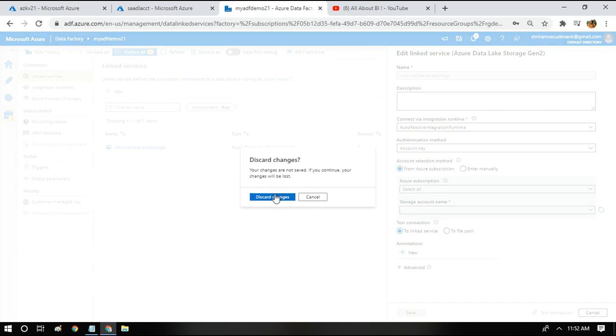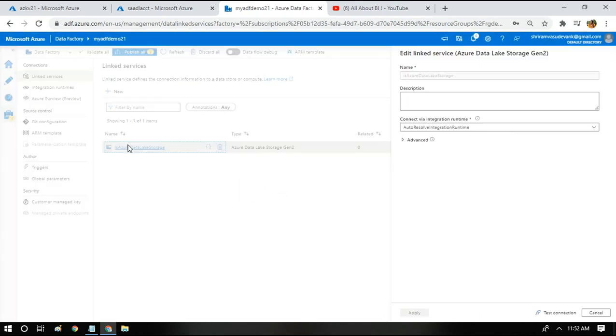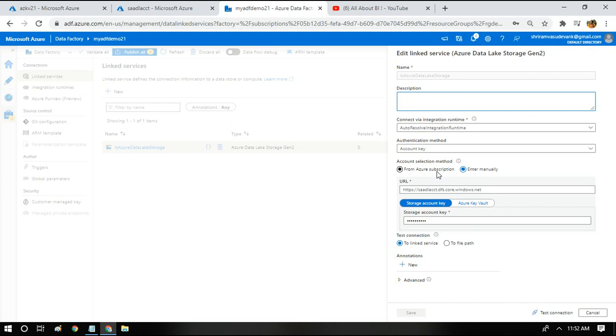Once I have saved and opened it again, it changes over to the enter manually option, with one URL to access our storage account and the storage account key, which comes from the storage account itself, the key which we copied and pasted to the Azure Key Vault.